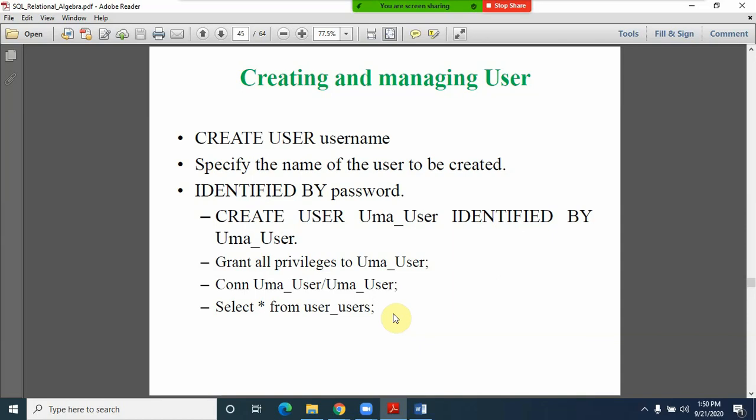So this is a simple thing, friends, how to create and manage users. User creation is required to perform dropping of a column or dropping of a table, because a normal user cannot perform all these aspects. So in that case, the DBA usually creates the user, and the DBA allows us to get the permissions in the form of privileges.